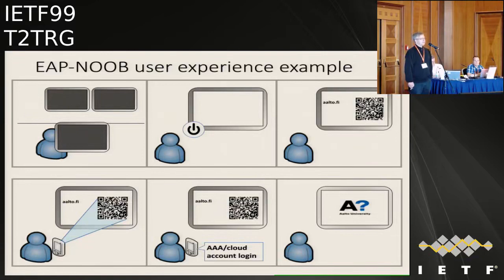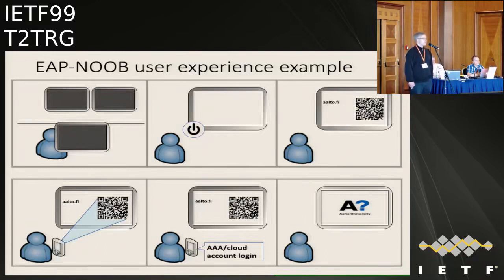Once you nail the display on the wall, you power it up, and in this case it looks for the networks around it and finds one that is our university network, and shows a QR code that is dynamically generated. The user then picks up any mobile phone with a QR code scanner, scans this QR code, and